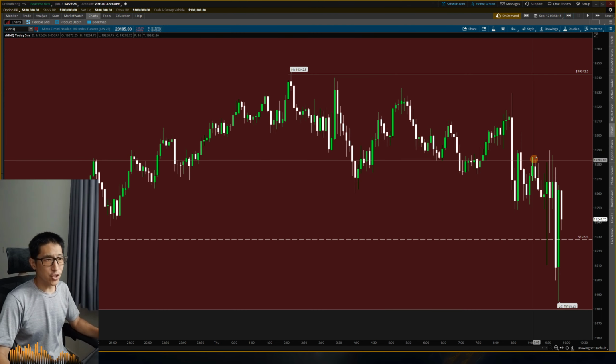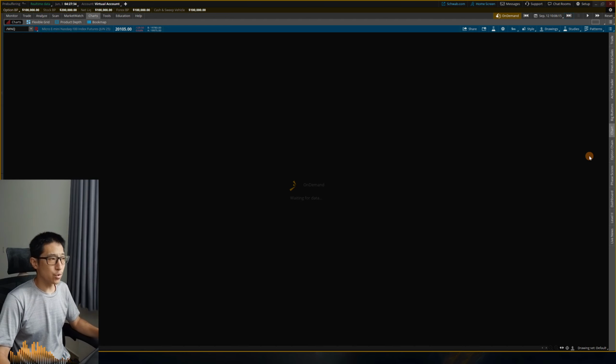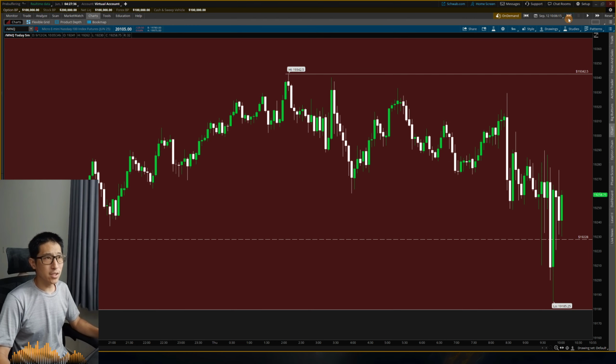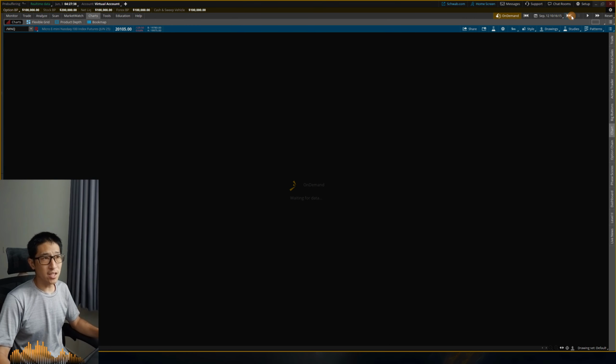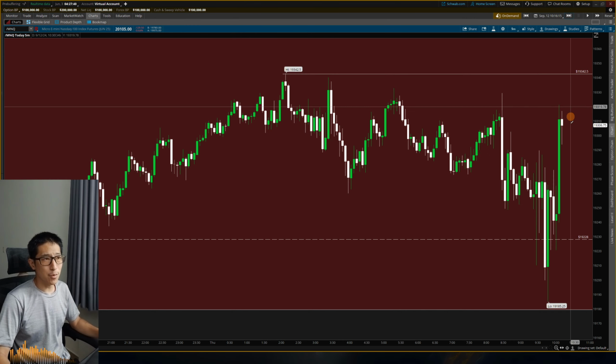I'm not very interested in trading today. As long as we are choppy like this, there's really no reason to get in. Your stop loss has to be super wide, otherwise you're going to get stopped out and it's just going to chop around. Now we are displacing up higher. Looks like we are going to go for these relative equal highs.